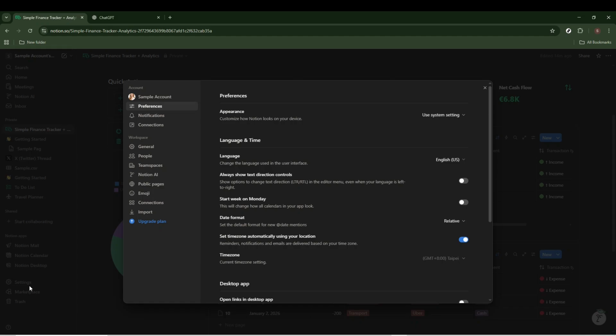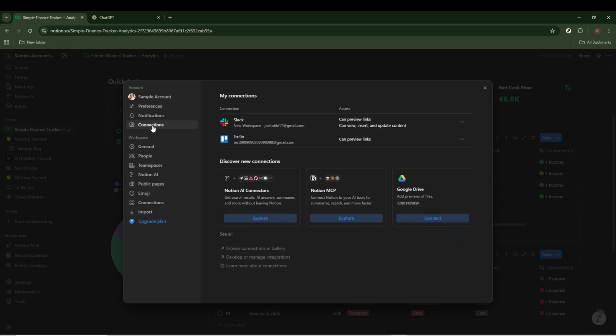If you manage multiple workspaces, take a moment to confirm that you are currently working inside the correct one, since integrations are applied at the workspace level. Next, in the Settings sidebar, click on Connections. This is where Notion allows third-party tools, APIs, and services to connect with your workspace. This section is essential because it enables external platforms, including AI tools, to interact securely with your Notion pages and